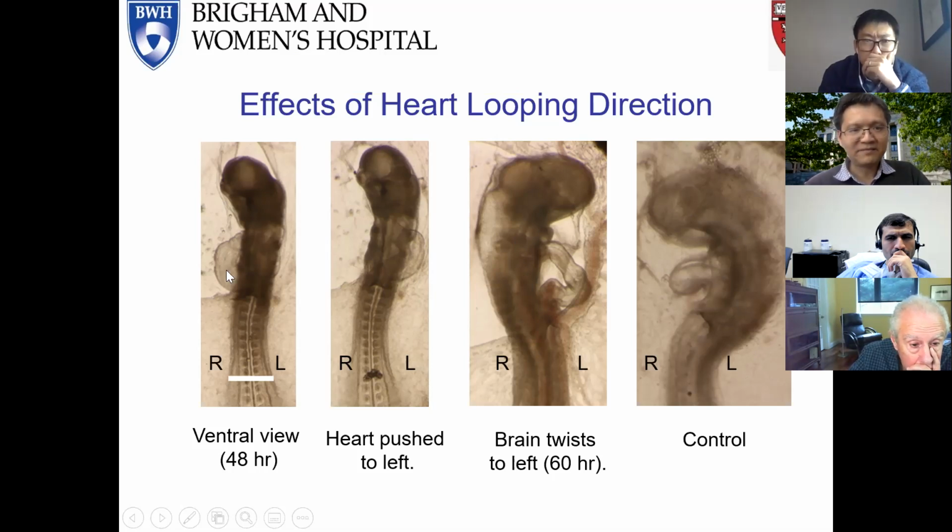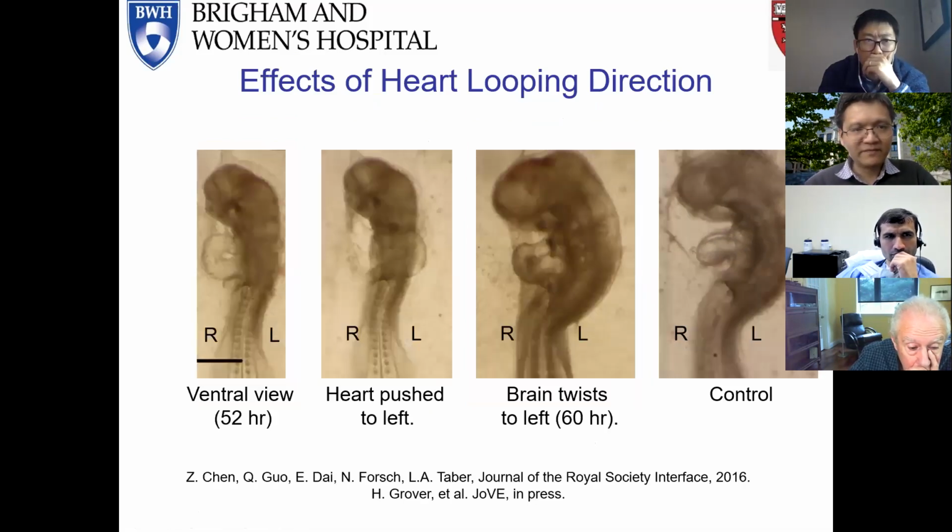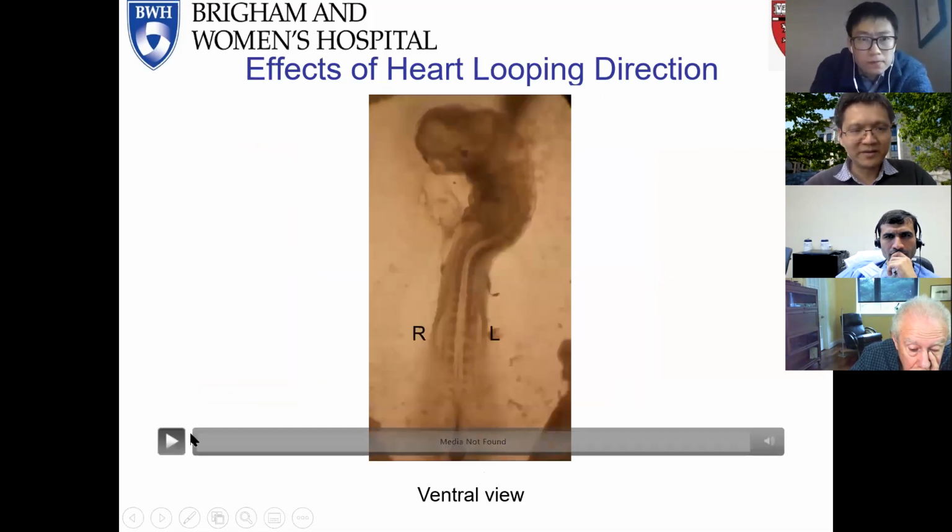So that happens every single time if this change of heart position happens early enough. But we also found there's a point of no return. So if the brain already twists significantly, then pushing the heart to the left-hand side does not alter the direction of twisting of the brain. And so we were puzzled at the beginning, but later we realized